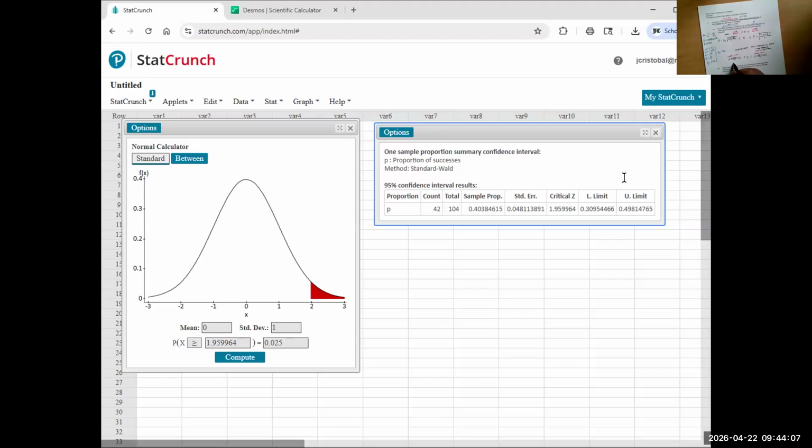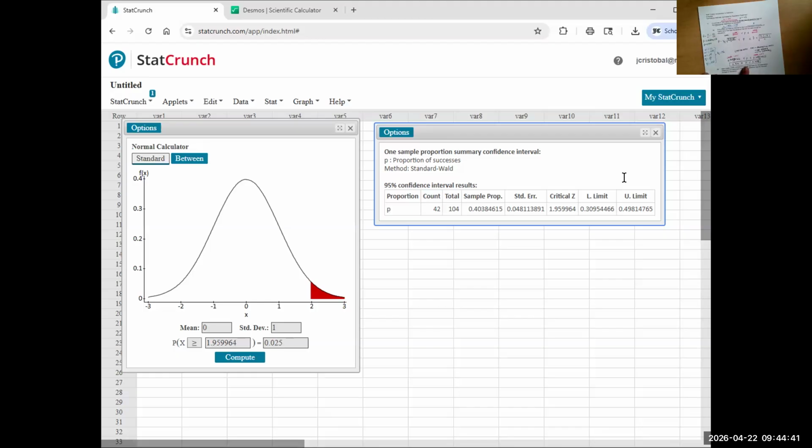So in that case, this is going to be 0.3. That 5 rounds the 9 up. Well, I can't put a 10 there, so slide over: that 309 becomes 310, right? Less than our population proportion. And now when I round this upper limit, upper bound, to 3 decimal places, 0.4, this 1 keeps the 8 the same, so it's going to be 0.499. So we can write it like so,